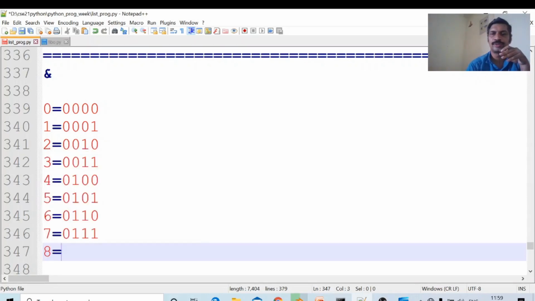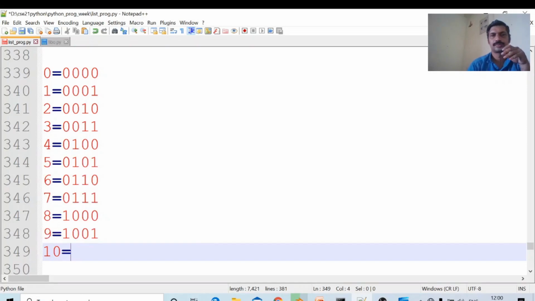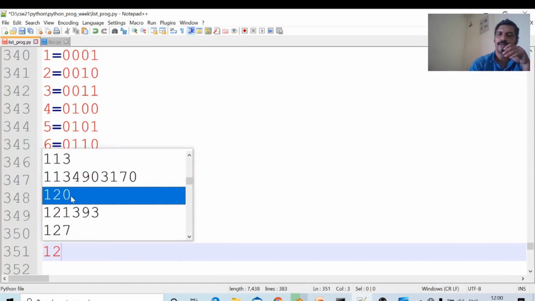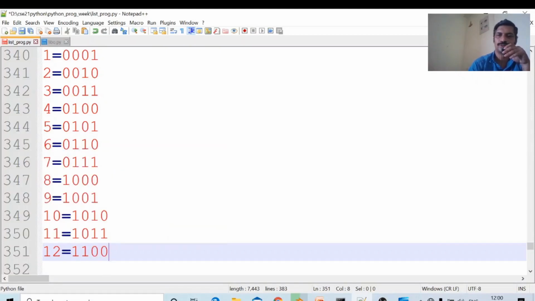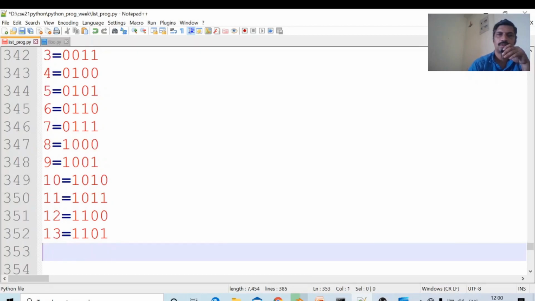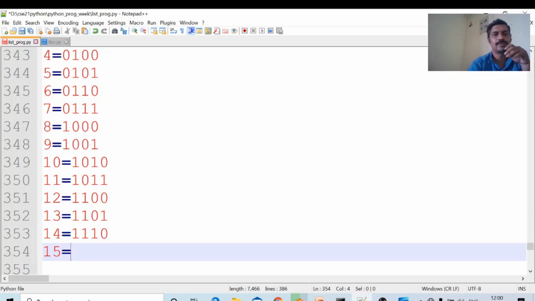Okay, 8 equals 1000. 9 equals 1001. 10 equals 1010. 11 equals 1011. 12 equals 1100. 13 equals 1101. 14 equals 1110. 15 equals four ones.